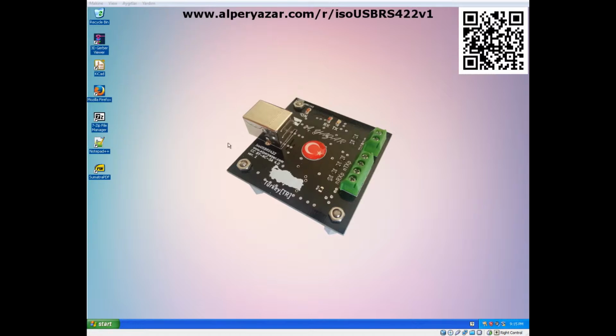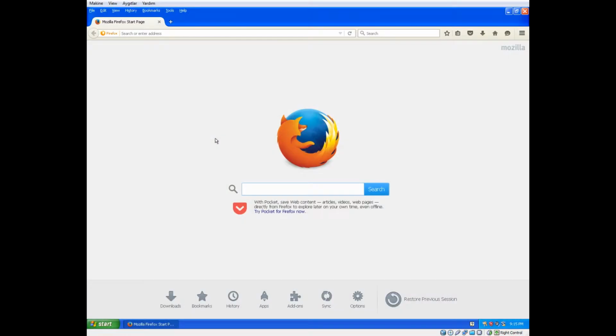Whether you are a maker or a curious person, first you should obtain the project files. Let's open our favorite browser to access them. You may click to the link shown in screen or visit my webpage, which is www.alperyazar.com.